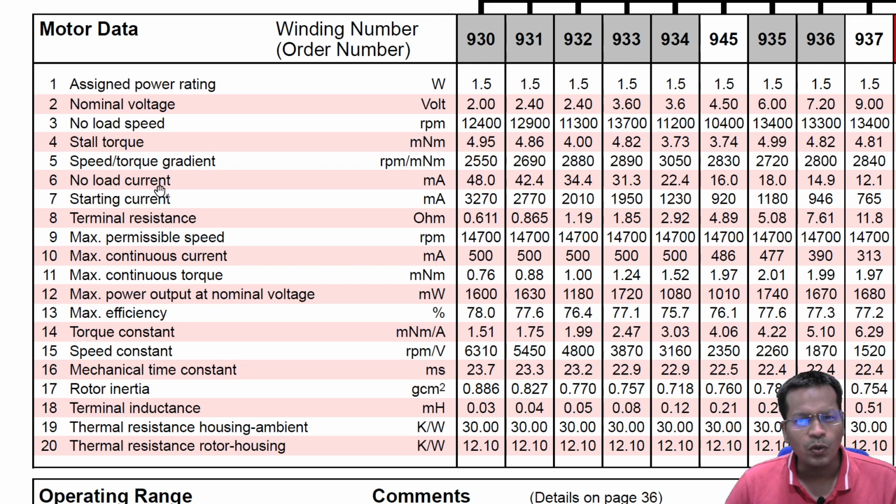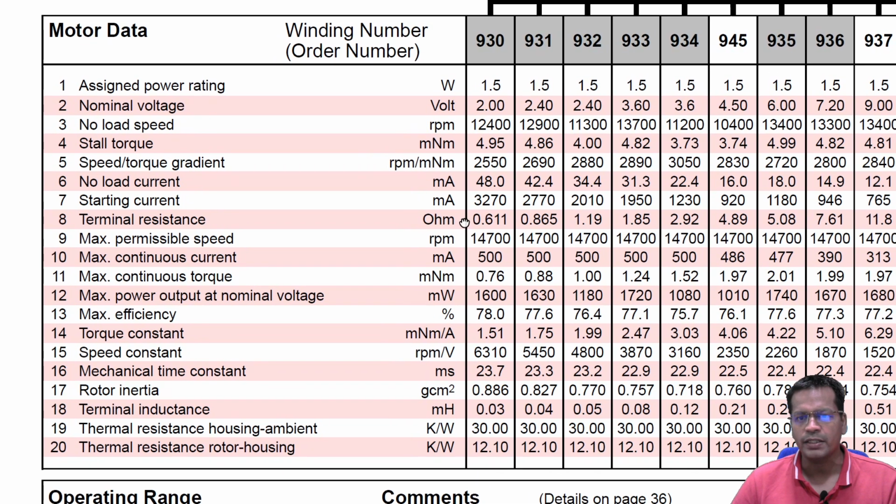This is given. No load current, when there is no load, this is the current in milliampere that flows. Starting current, this may be very high. This is very useful when you design with any motor, maybe a driver you are trying to choose. Starting current is the one which will flow, even for a very small period of time, and your driver should be able to take up this current. This is the maximum current for normal operating condition. If it is not colliding or totally stalled, stall current will definitely be even more, but no load current is there and starting current is there.